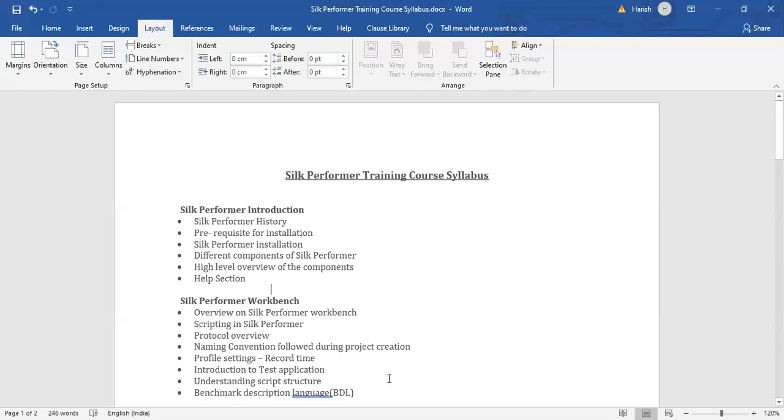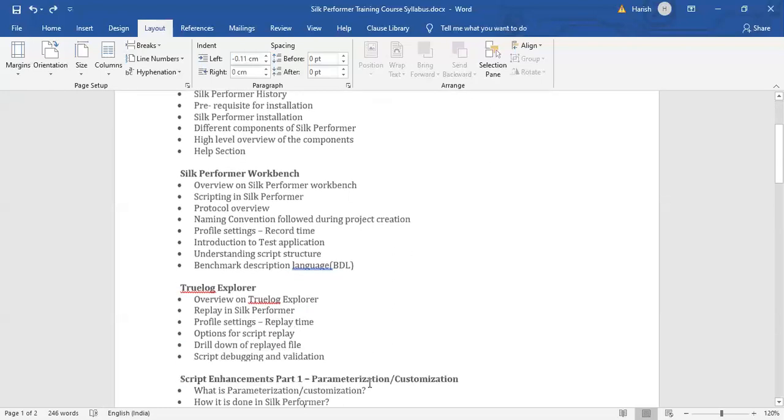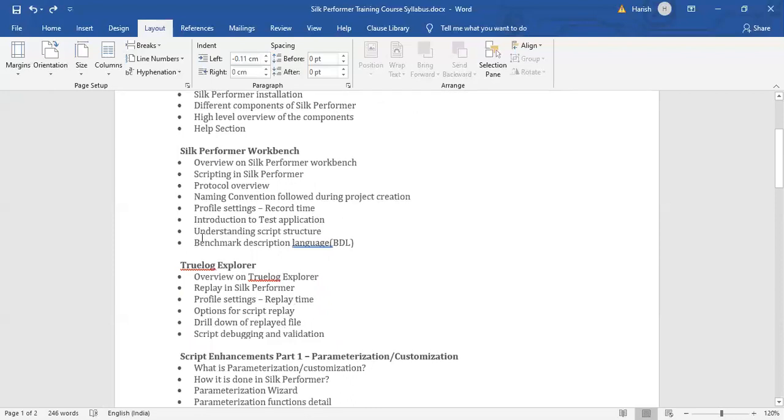Once we are familiar with the test application to be recorded, we'll move on to the script recording. Once the script has been recorded, and the flow has been recorded, we'll get the script in Silk. We would be able to see the script in Silk Performer.